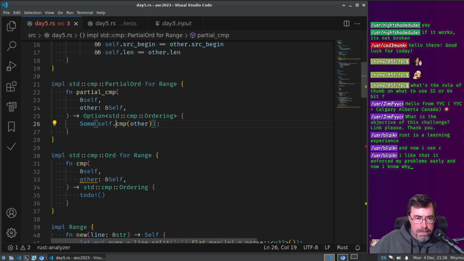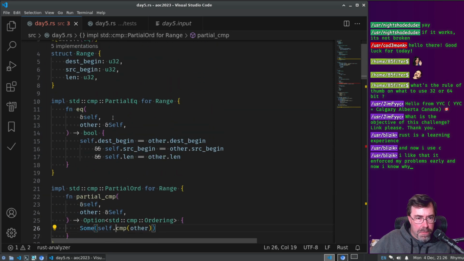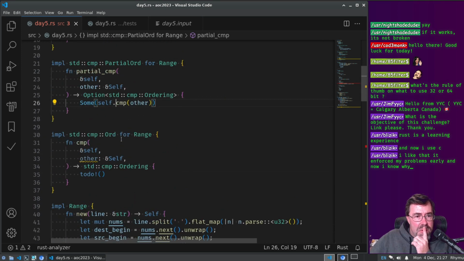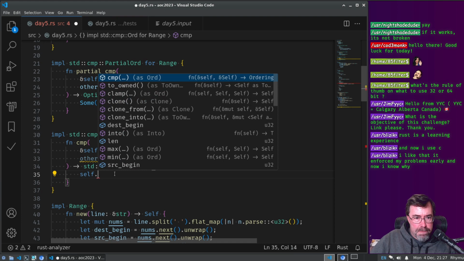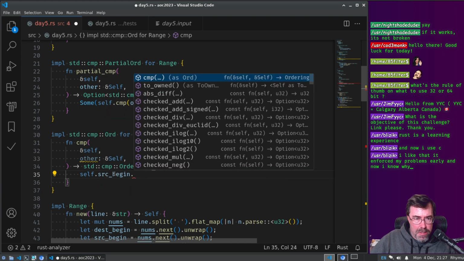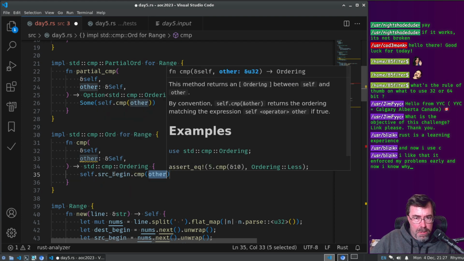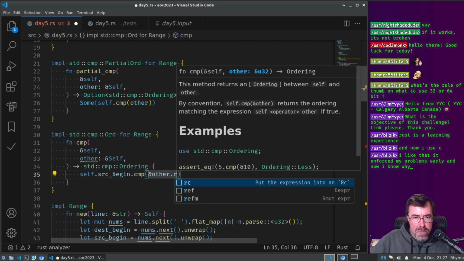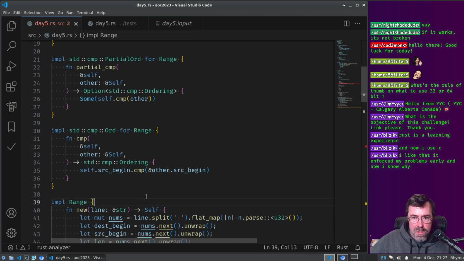Sum compare. There we go. All right. That's fine. It derived partial equal for me, so we only really need to do ordering. That's really just self dot source begin dot compare with other dot source begin. All right, cool.